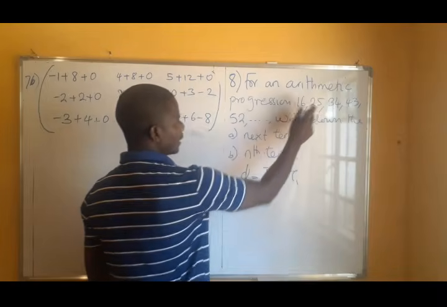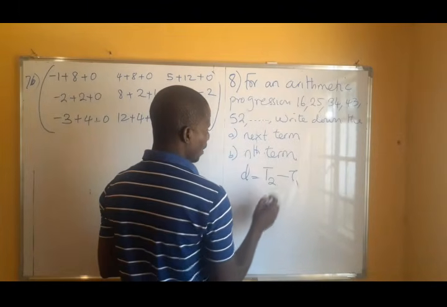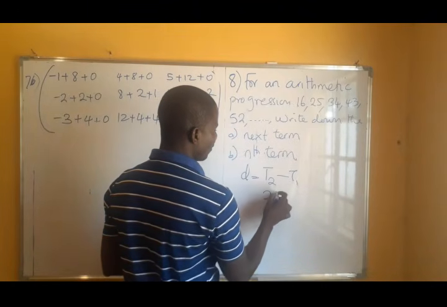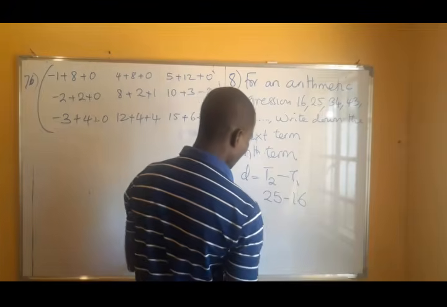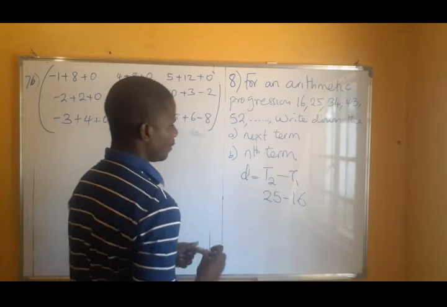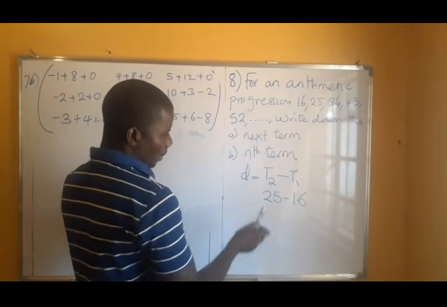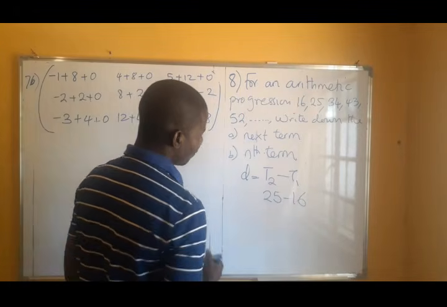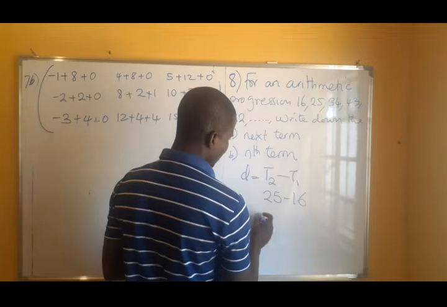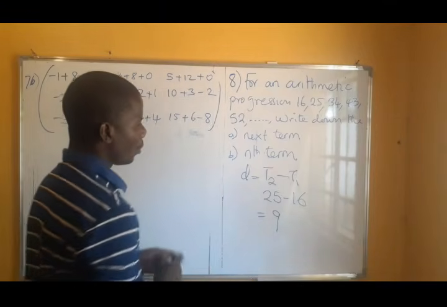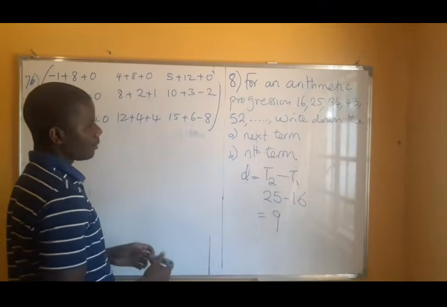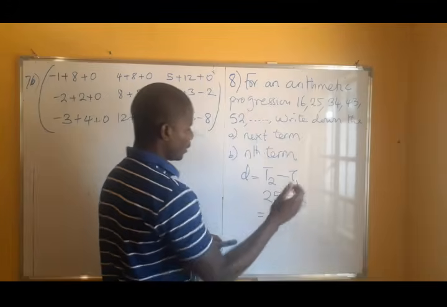So what is our second term here? Our second term is 25 minus 16. Okay? So what are we getting here? What are we going to get? This gives us 9. So after we've gotten this 9, which is the common difference,